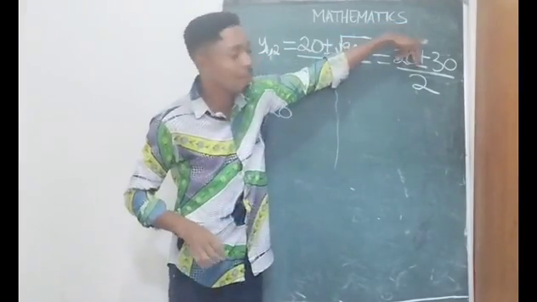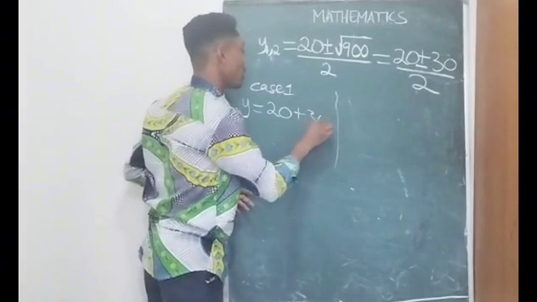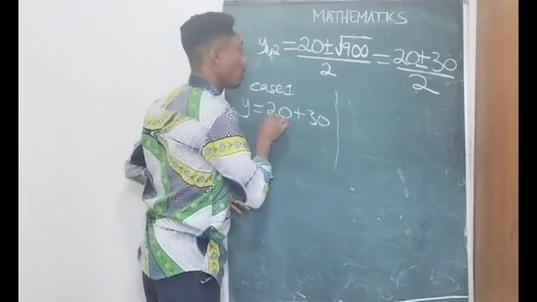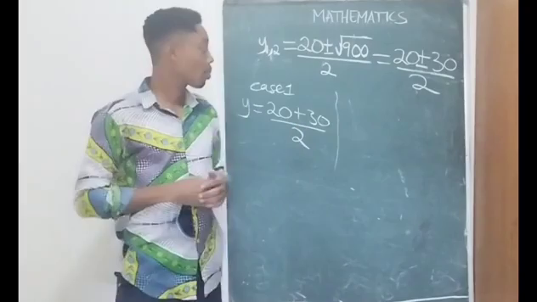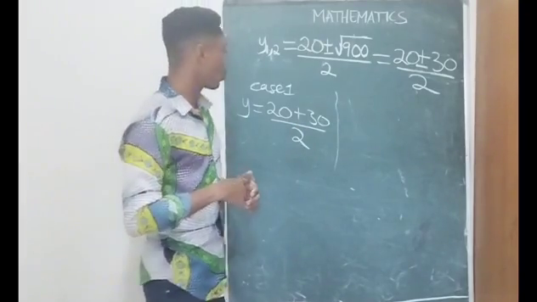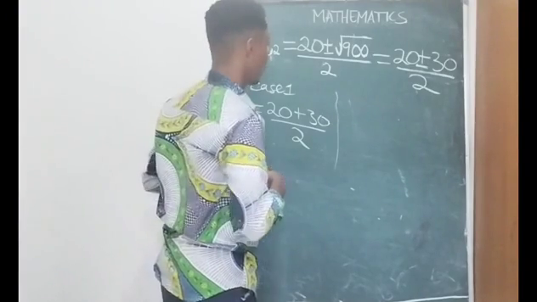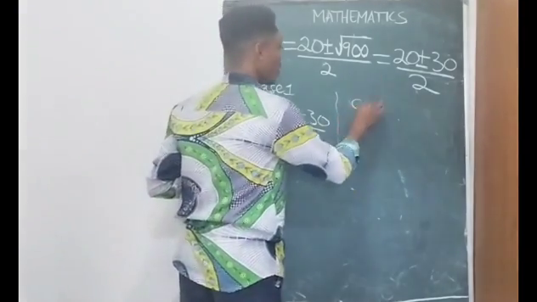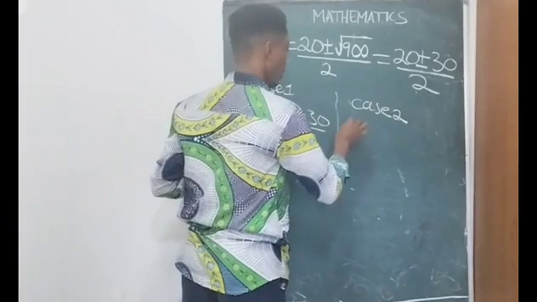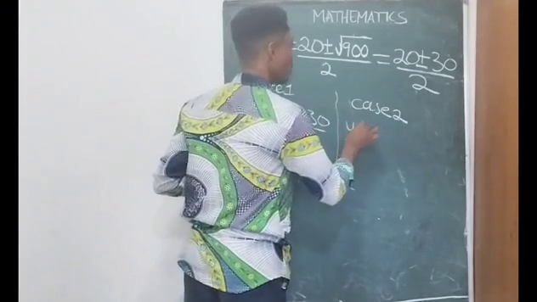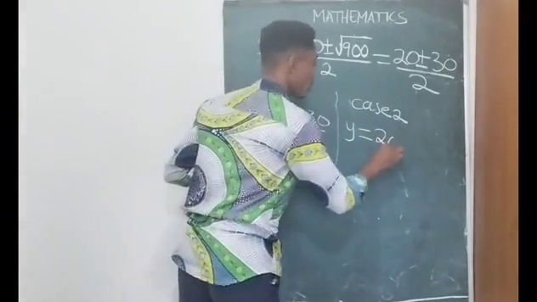We can't solve plus and minus at the same time, so we pick the first sign, which is plus, plus 30 all over 2. All right. So you can see here that case 2 is y equals minus 20